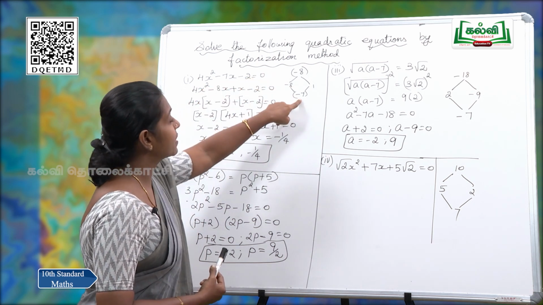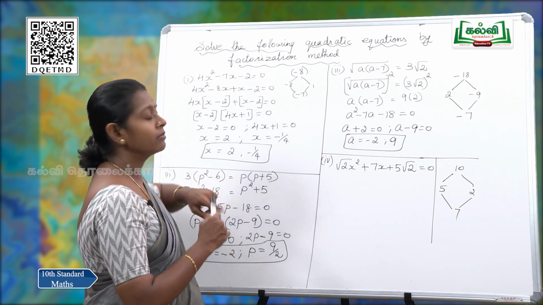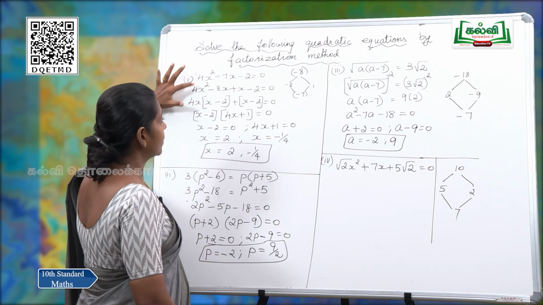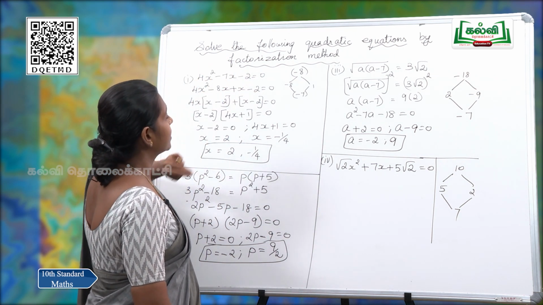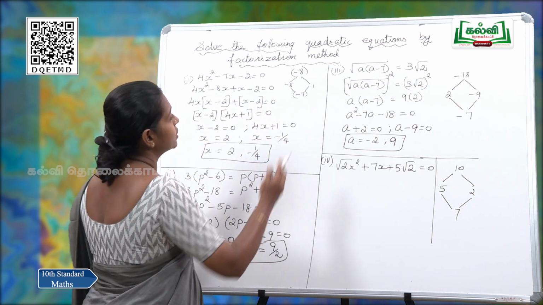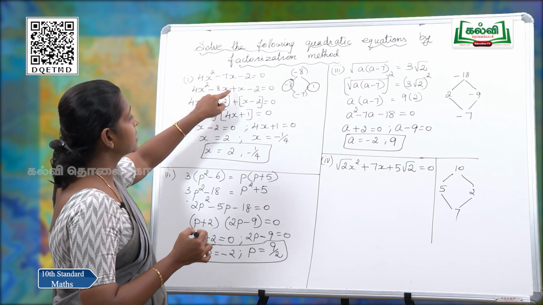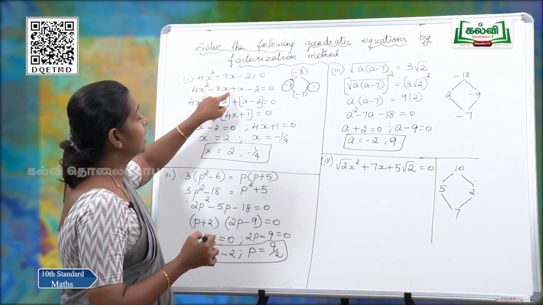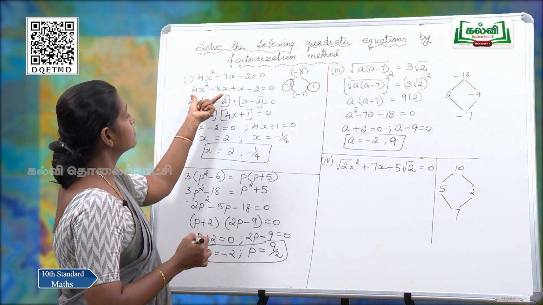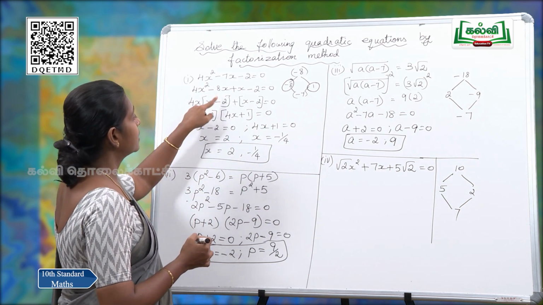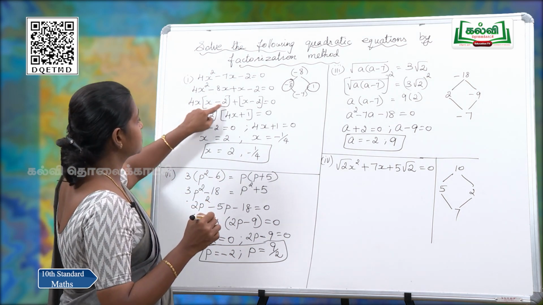That means this minus 7 is nothing but what? Coefficient of x. Then what you have to do? 4x squared. First term should be there, last term should be there. So, instead of minus 7x, you have to insert these two factors. That means minus 8x plus x should be inserted, minus 8x plus 1x. Then these two terms together you have to take the common term, that means 4x, balance x minus 2.